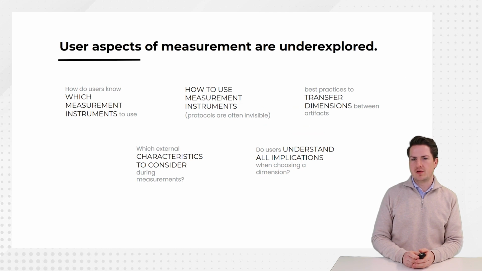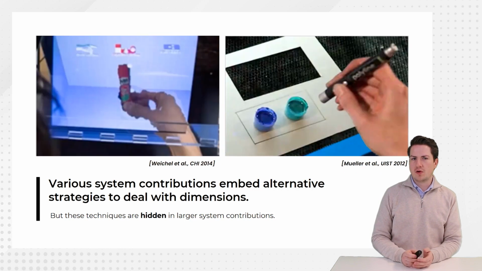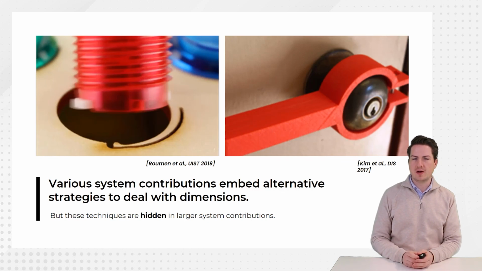So while little research in HCI actually exists which specifically considers the user aspects of measurements, various systems have been built that embed new interactive modalities and processes that significantly impact how users deal with dimensions or conduct measurements. For example, systems to automatically inject measurements in CAD environments, the use of gestures or body measures to express dimensions, or the use of existing objects and their sizes to model new objects, or the use of clever mechanisms to automatically compensate for curve in the laser cutting process. So these more user-oriented strategies greatly facilitate handling dimensions during making processes, but they're often much more hidden inside larger